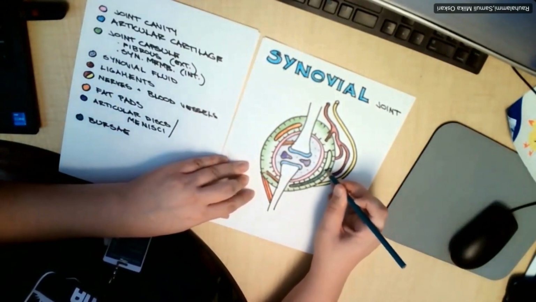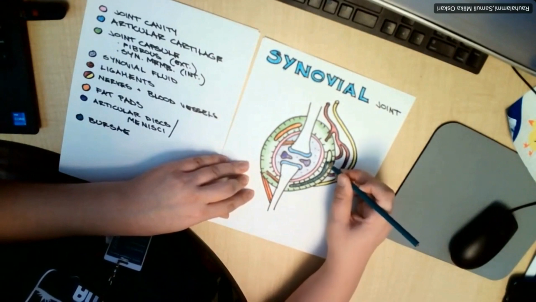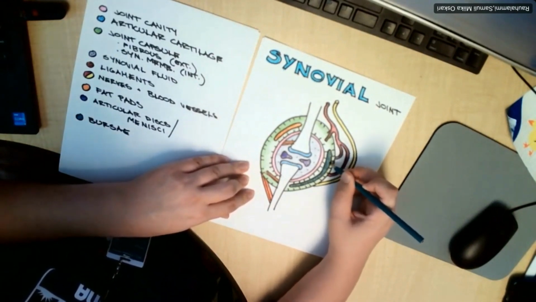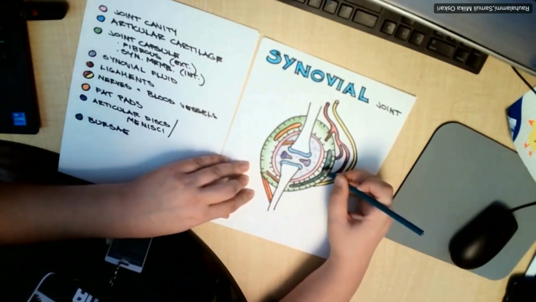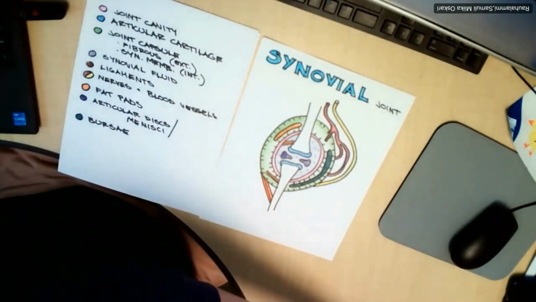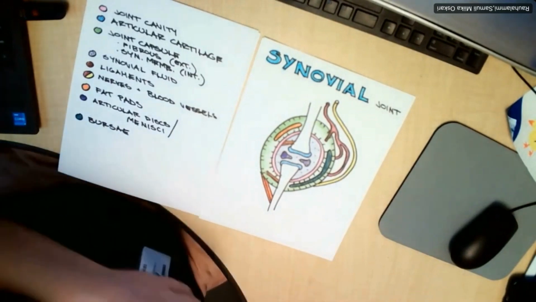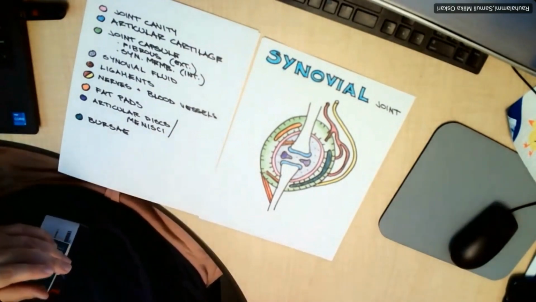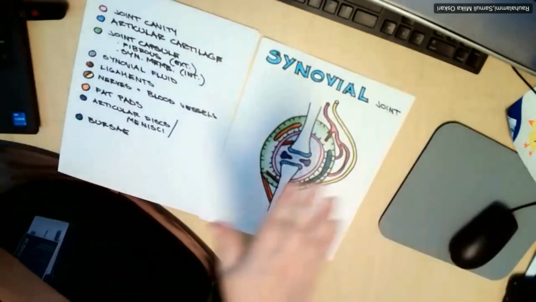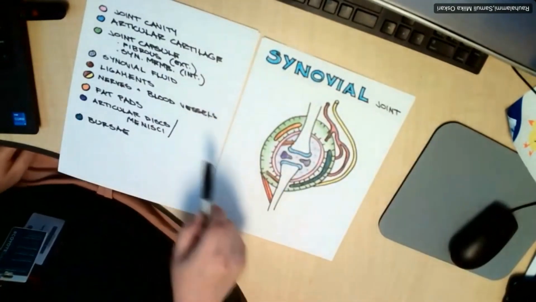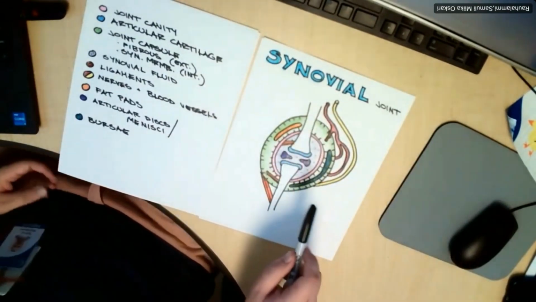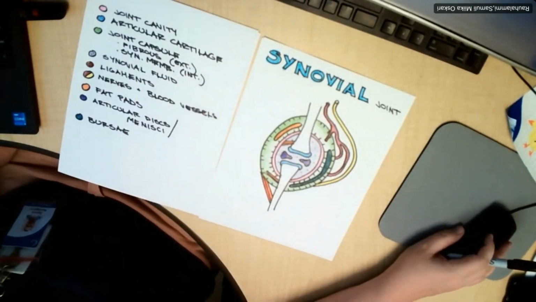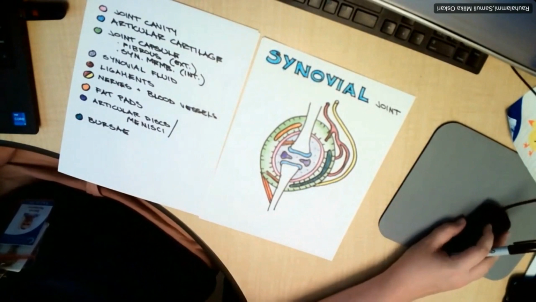I think we've seen a bunch of structures at this point when it comes to the synovial joint, so I'm going to leave it at that for now. I think that gives us a good idea of some of the most important things that we saw. Like I said, I will be uploading this diagram to your Canvas course a little later on. If you wish to follow along with our presentation, that's available for you there.